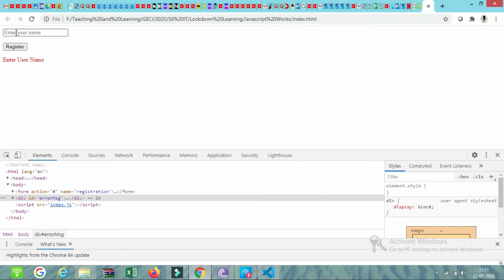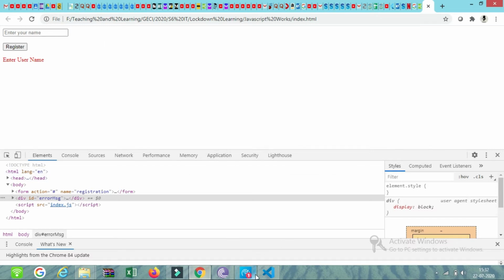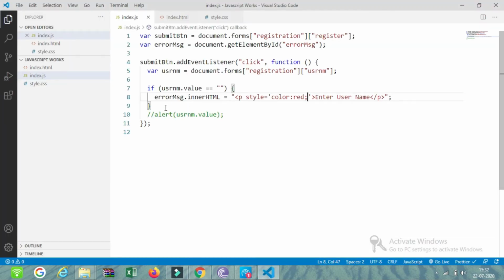Now, what we are planning to do next is validate whether that username must be of length 3. Username should be at least 3 characters. We will verify it next.